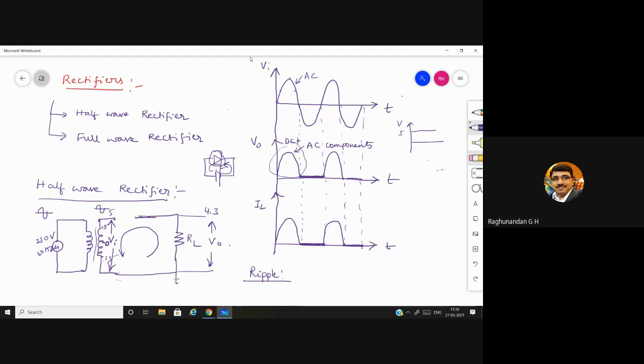See, what are we expecting across this output voltage? Are you expecting AC or DC? DC. But along with this DC, you are getting AC also. So that extra, unwanted signal is AC now. AC is the unwanted signal at the output because we are only expecting DC to be present. So that unwanted AC component which is present at the DC output is known as ripple.